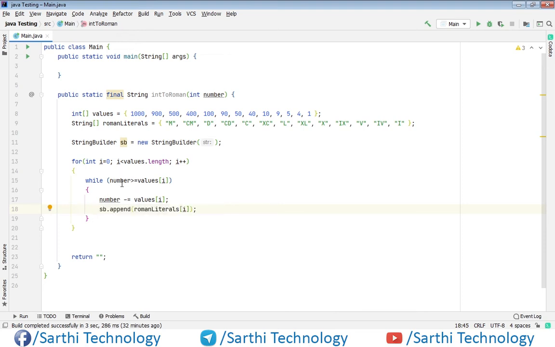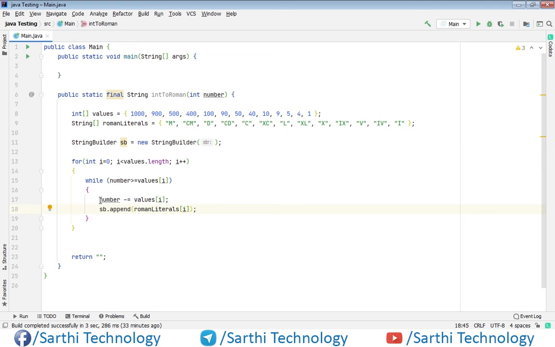Again it will check whether the number is greater than or equal to values i. At this moment we have 1, and here we have 1. So again it's true. Again we will enter the body of this while loop, and here we just subtract 1.